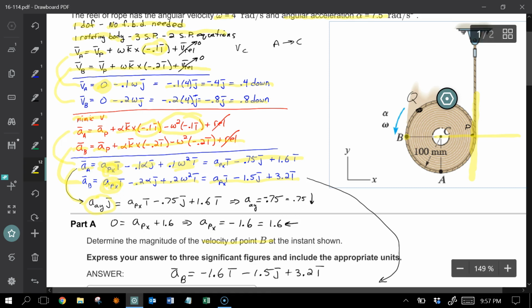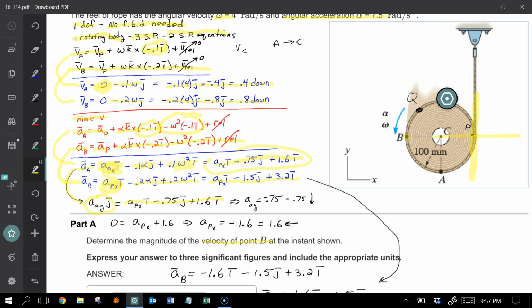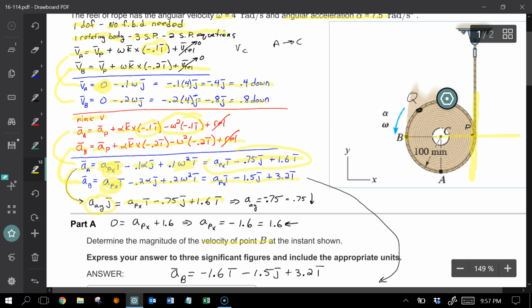And then the right-hand side over here comes down here. So that's the right-hand side. And then you just clean it up a little bit. So here I pull off the j components. And so again, that should be the center. ACY is equal to this term right here. It's a negative 0.75. And negative means that the